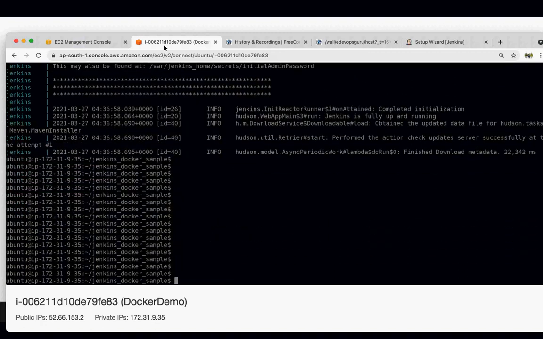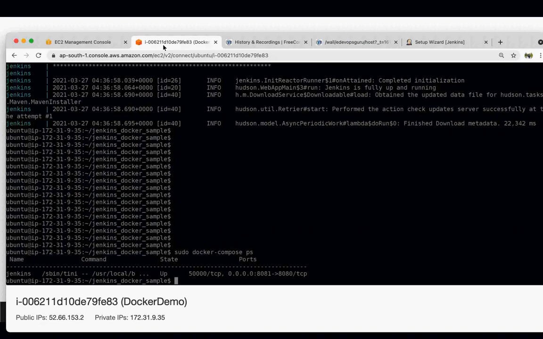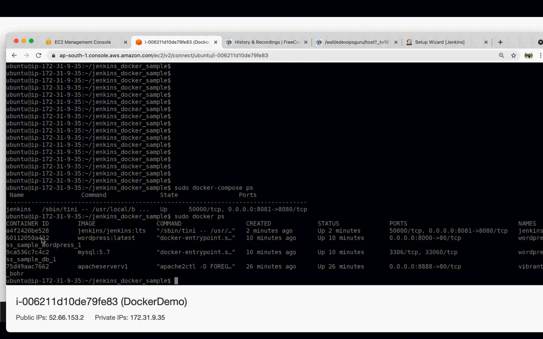Okay, so this is one way. The other way was that you could have just gone inside this container and figured out this key. For example, docker compose ps. Okay, so this is one container. Let's get the container ID with docker ps. So for example, this is the container ID.